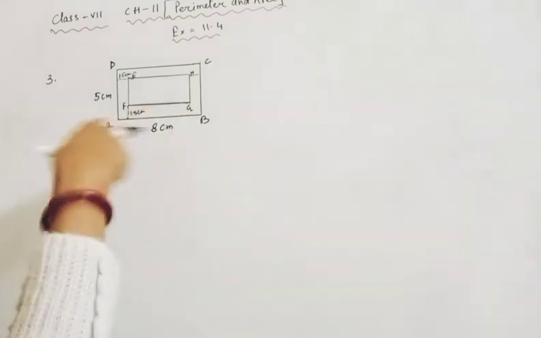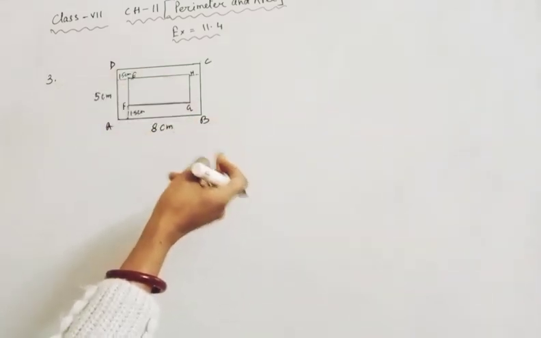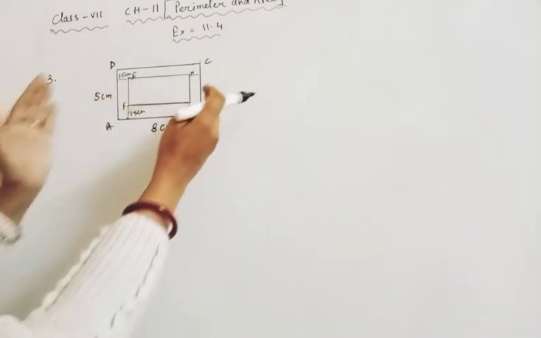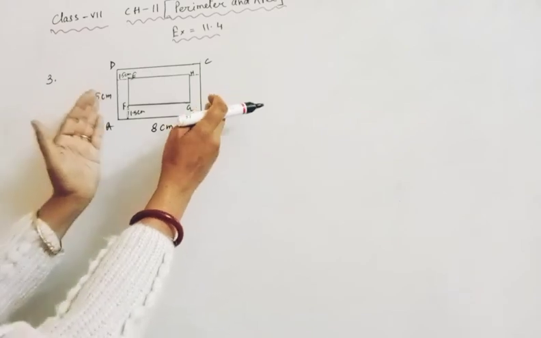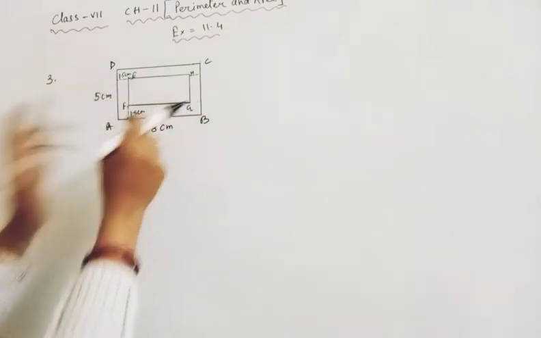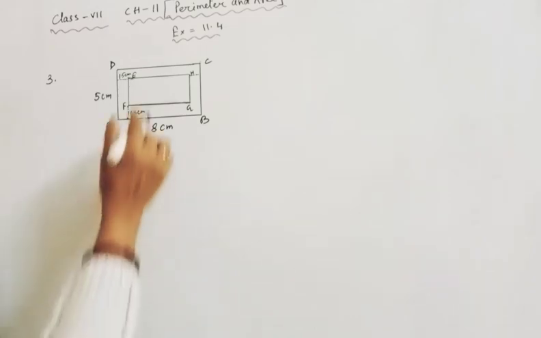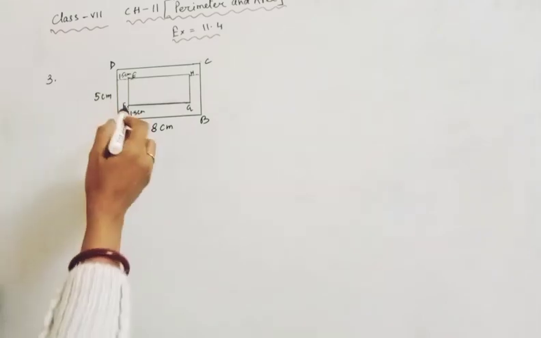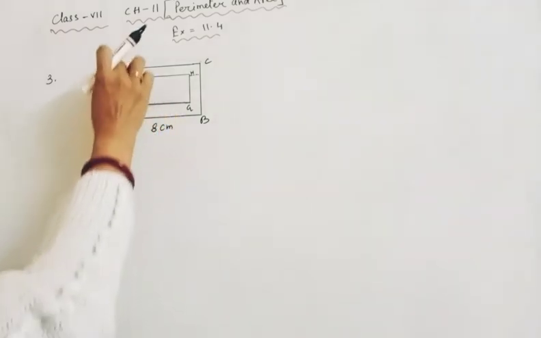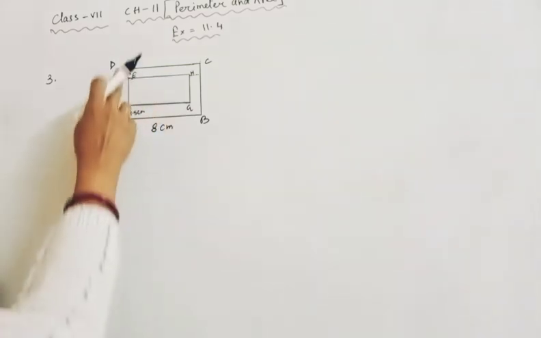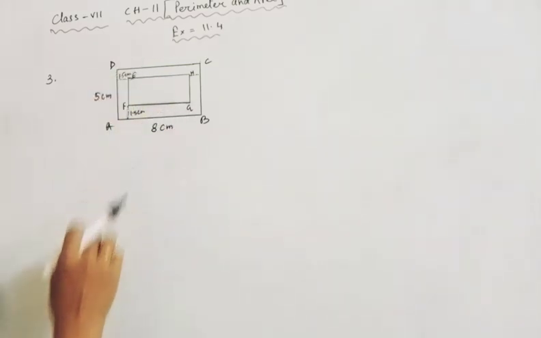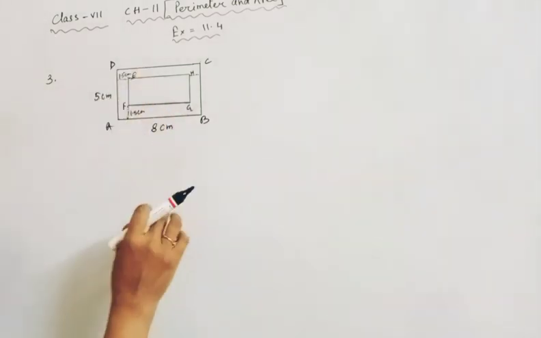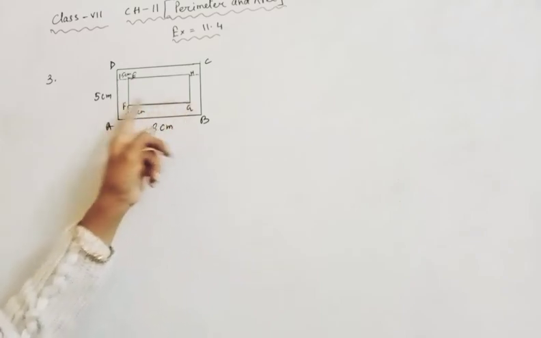Now the difference between the previous sums, that is question number 1 and 2, and question number 3, is that here the measurement of the outside rectangle is given, and you have to find the measurement of the length and breadth of the inside rectangle EFGH. The rectangle we have marked EFGH is to find the area of the margin. So first of all, length and breadth AB and CD are given. It is very clear, but you have to find this length, that is FG.